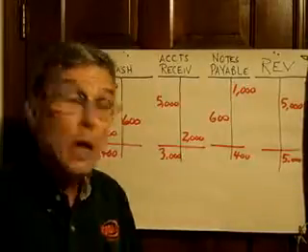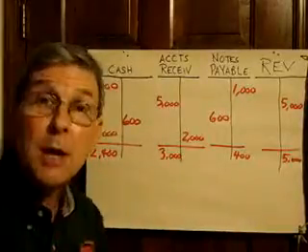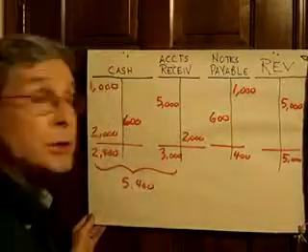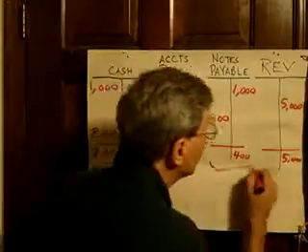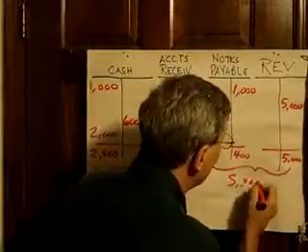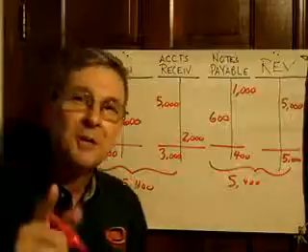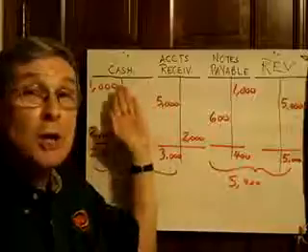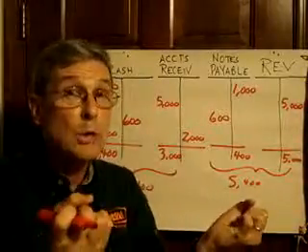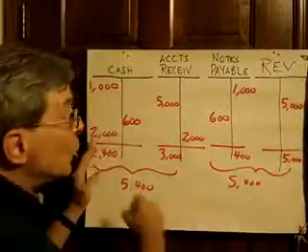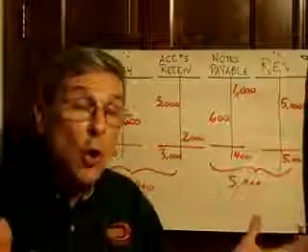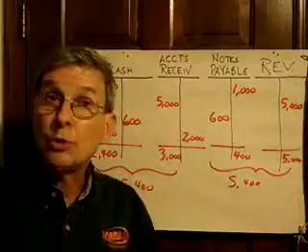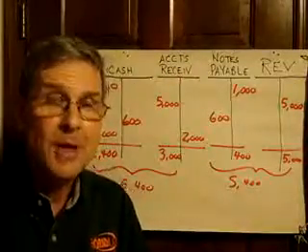Now, let's take a look at what happens at the end of the month if we add up all of our debits. We get $5,400 worth of debits. And what if we add up all of our credits? We get $5,400 worth of credits. Now, here's the key takeaway for today. For each and every transaction, the total debits will always equal the total credits. And within our entire accounting system as a whole, at every moment in time, the total debits will always equal the total credits. Now that you've